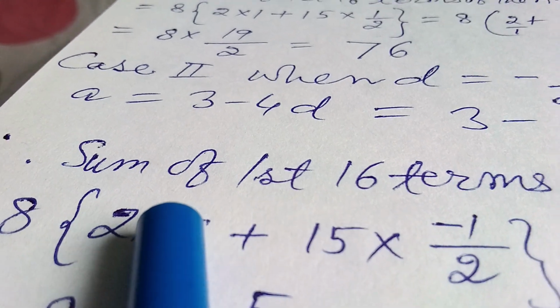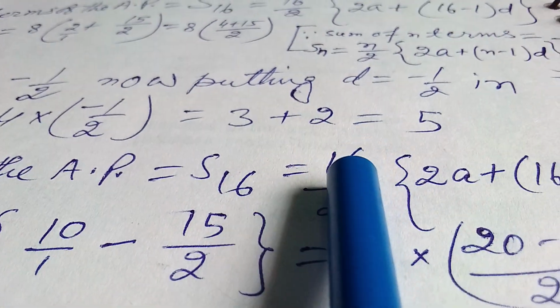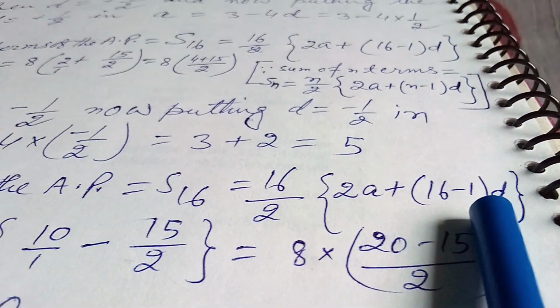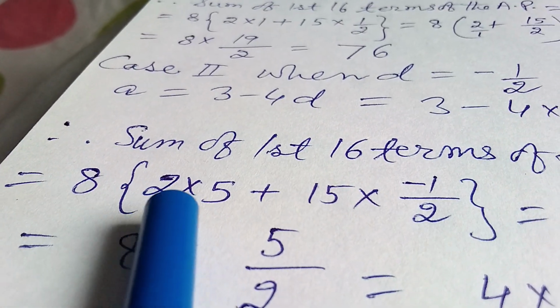And therefore in that case, the sum of the first 16 terms of the AP is equal to S16, that is equal to 16 by 2 into (2A plus (16 minus 1) into D). And that's equal to 8 into 2 into 5, because